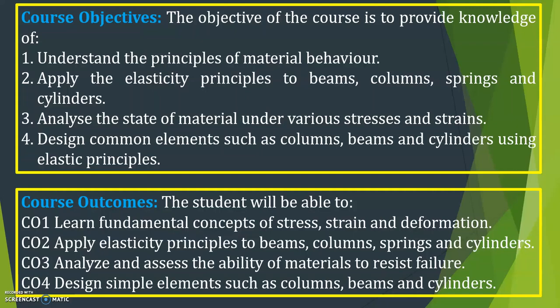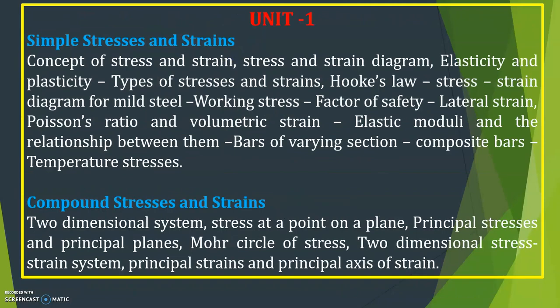Okay, these are the main course objectives, and course outcomes are: learn fundamental concepts of stress, strain and deformation, apply elasticity principles to beams, columns, springs and cylinders, analyze and assess the ability of materials to resist failure, then design simple elements such as columns, beams and cylinders, right? These are the main objectives and course outcomes of this course, and I have already told there are 4 units,